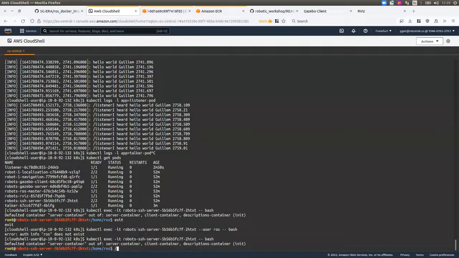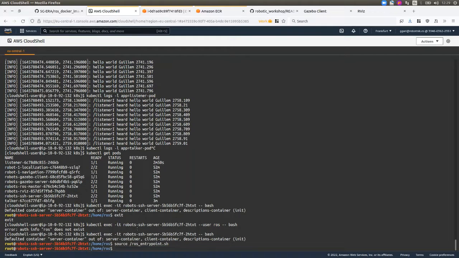I'm going to source the ROS setup, okay. So let's see rostopic. Let's see if we can see the other